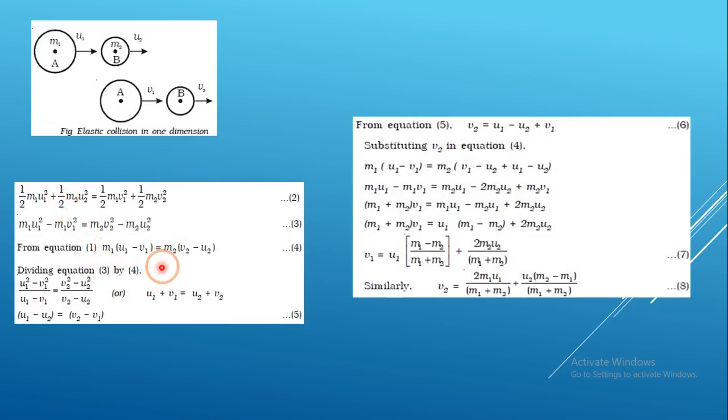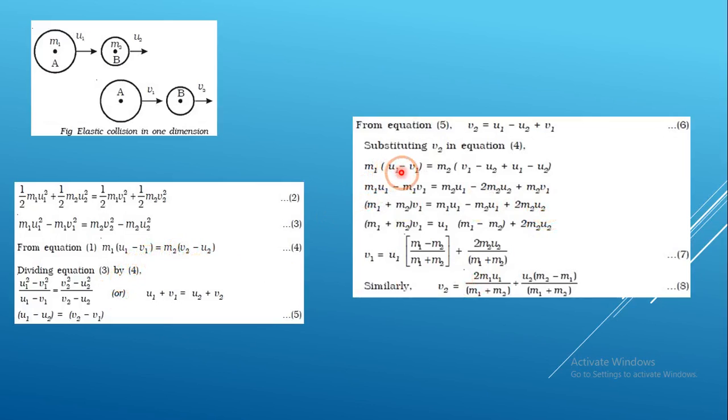You can see here, we already have this equation: u1 minus u2 is equal to v2 minus v1. आपको याद रह जाए इसलिए वापस सम पार्ट यहाँ पे हमने प्लेस किया हुआ है. According to this, v2 is equal to u1 minus u2 plus v1. Now we are going to substitute this value of v2 in equation 4. In place of v2, we'll substitute.